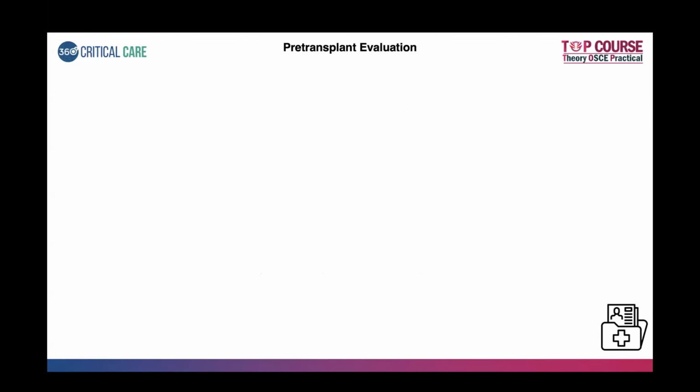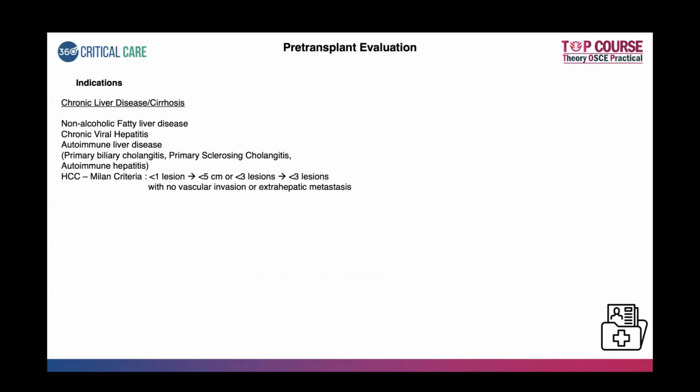So, just brushing through the pre-transplant and intraoperative management. So, pre-transplant evaluation. What are the indications? If you are looking at a patient with CLD or a patient with cirrhosis, the common indications are those